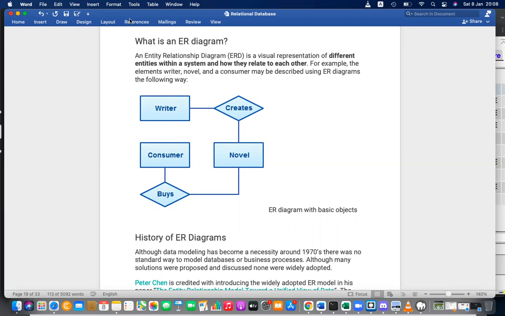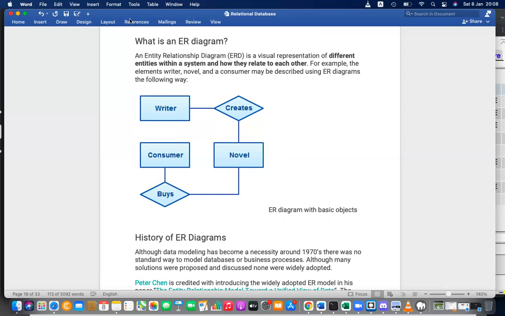So flowcharts are easy to understand and it is easy to communicate using flowcharts, and that is used as a design tool. Similar to that, in database design, ER diagram and data flow diagrams both are used as design tools. We will learn both. ER diagram, entity relationship diagram. So basically it shows how the system entities are interacting with each other, how entities are behaving, how entities are connected to each other, relate to each other. So entity means basically in a database, you can see this entity as a table.